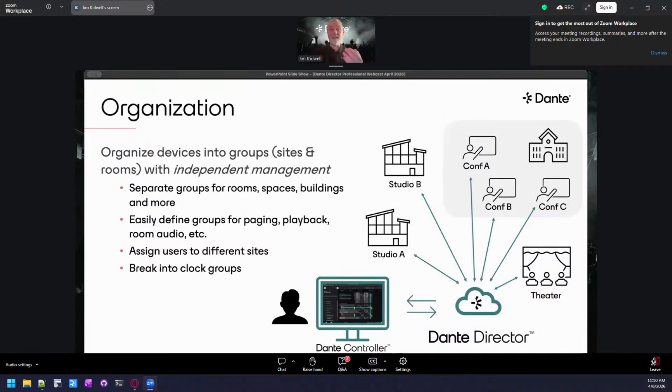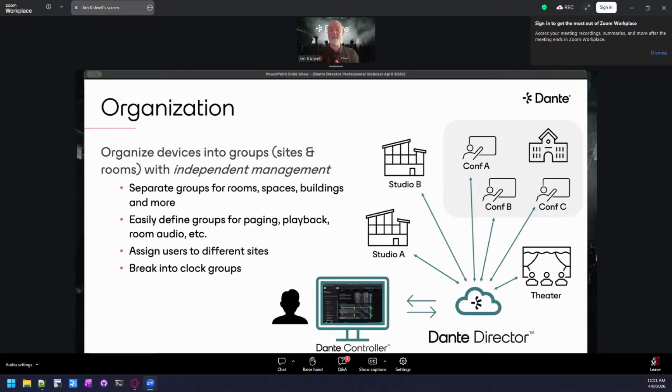So as I mentioned, organizing things is really key. So understanding where that device is and routing devices to the proper devices. And so you're saying I'm routing the mic from room A to the amplifier in room A, rather than I'm routing the mic from room A to the amplifier in room B inadvertently, because you may not have named things correctly. Some of us may have really good naming conventions already in place. If you don't, I highly recommend you implement one that makes sense for you.